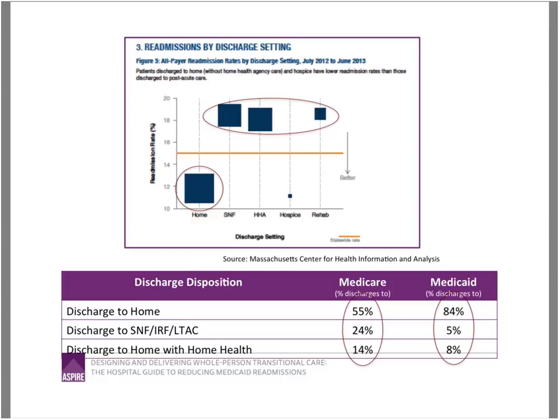all patients discharged to skilled nursing facility, home with home health care, or inpatient rehab have a markedly elevated risk of readmission as population groups. Again, any diagnosis, any payer. And so you can see that looking at discharge disposition can clearly help differentiate groups of patients at differing risk